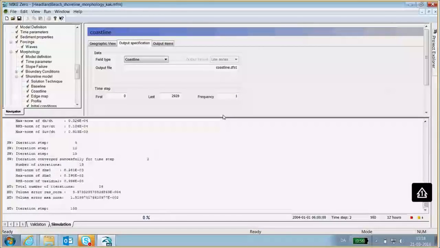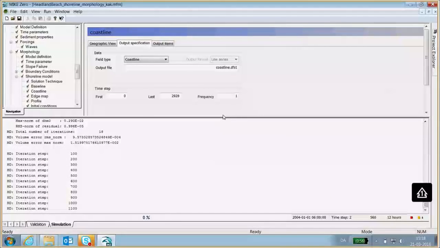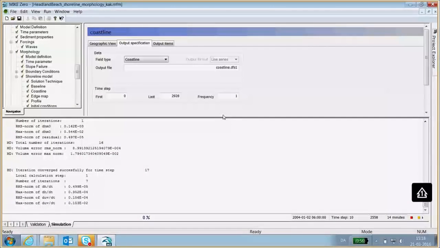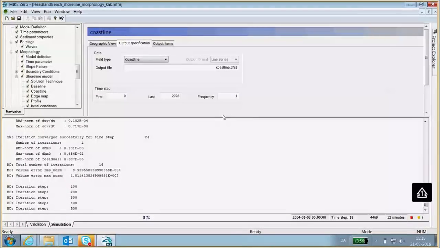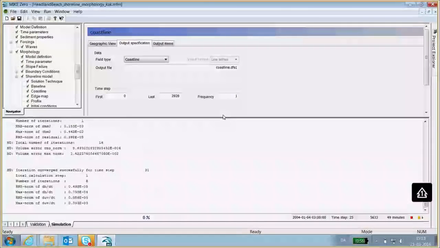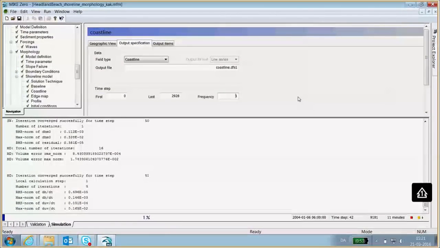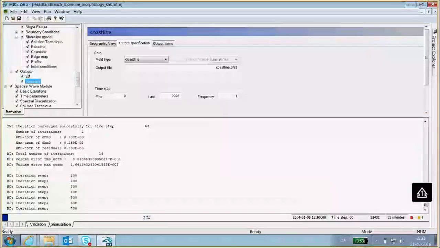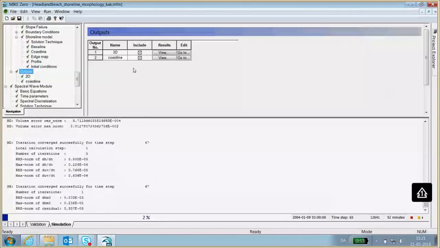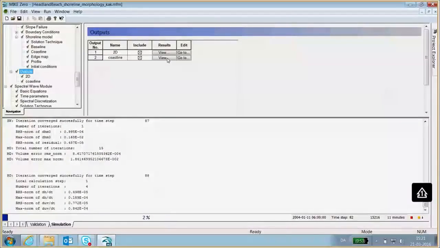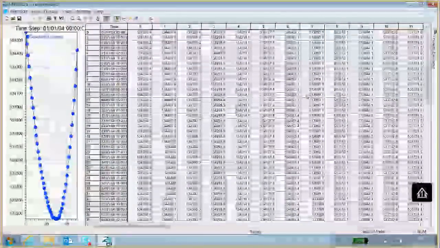You can see we are already down to 12 hours now, and now 3 hours and 14 minutes and 12 minutes. So that's a more realistic estimate. I think I have timed it before. It has taken approximately 15 minutes to run this model. While it is running, we can have a look already at some of the outputs. Namely, we can have a look at the coastline output. We simply press view on this button here. Then the DFS1 file will open up.